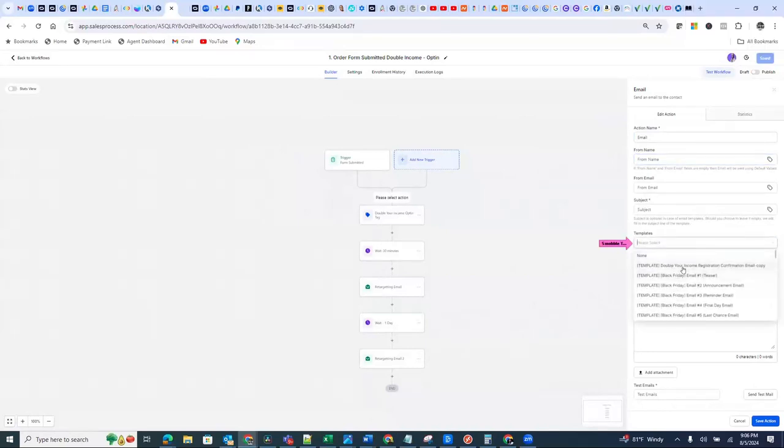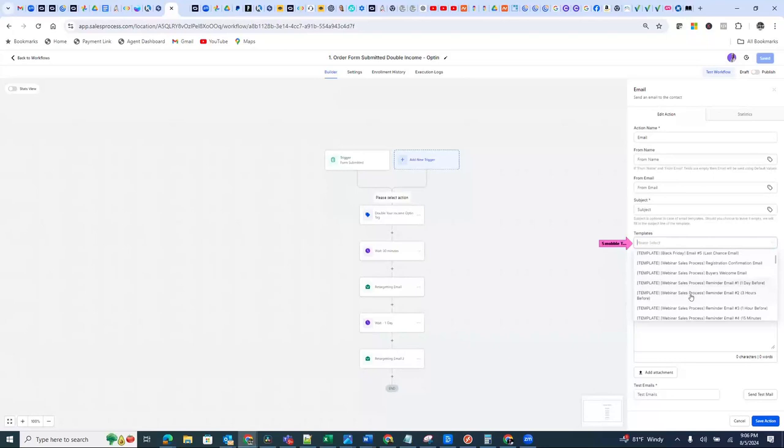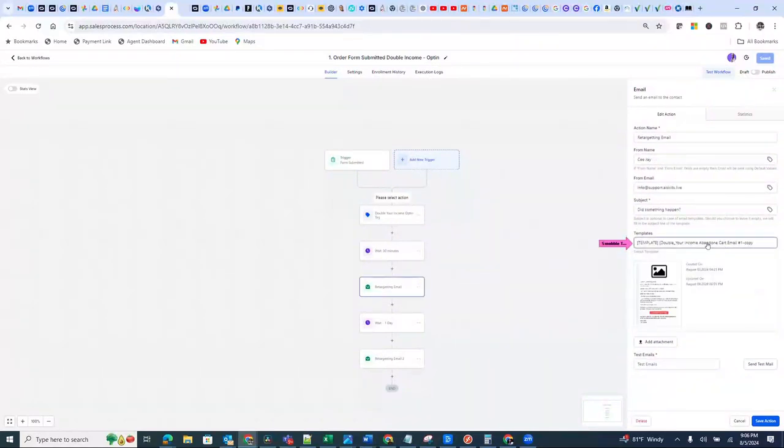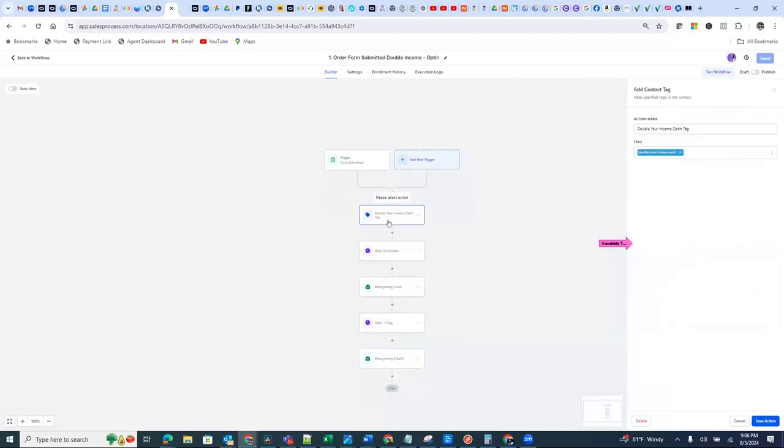Did I actually build one? I think I used one of the templates for it. Let me just double check real quick, because I think I used W income. I think I used this abandoned cart one. I think I used that template to create my email. So let me go back. Where was I here?